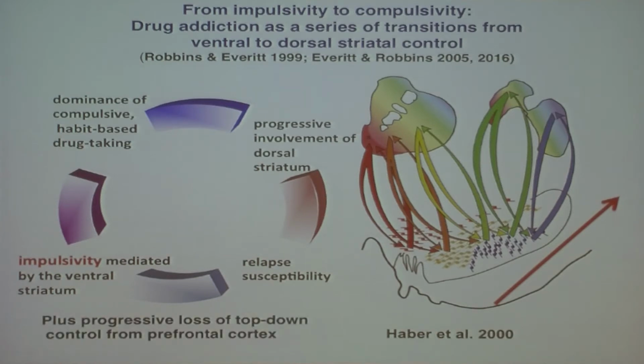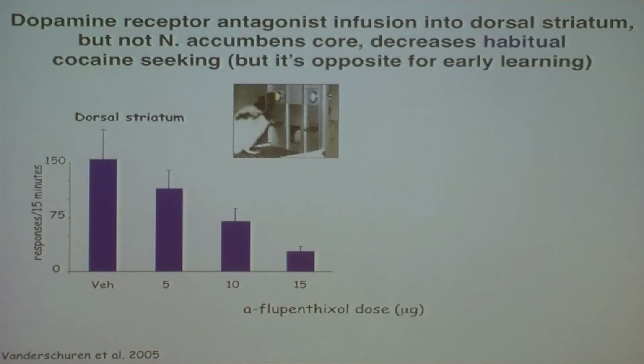Plus this progressive loss of top-down control from the frontal cortex, produced both constitutionally, it's there beforehand, as you've seen, but also potentially because of the toxic effects of the drugs themselves. A double whammy, which impairs control and drives you towards autonomous behaviour mediated by the dorsal striatum, as well as the ventral striatum. So some of the evidence for this, and I can't show you all of it in this lecture, is